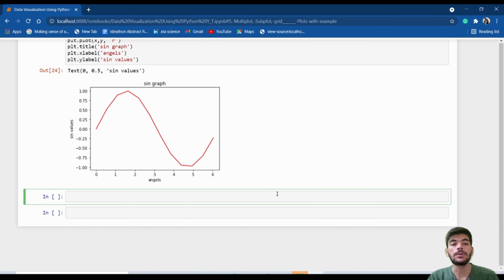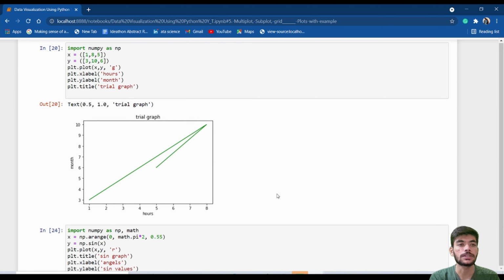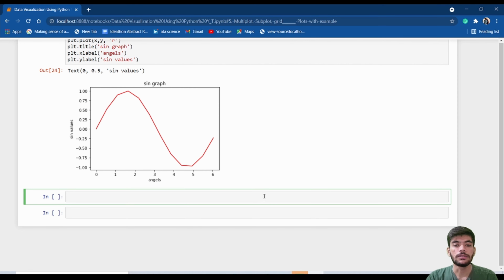Now we will try to implement one realistic graph that we are going to use here. So we will write years and GDP. We will try to plot the years and GDP graph using the matplotlib function. So let's get started. I will write years. One thing I would like to mention, as I have imported earlier the numpy, the math library, and also matplotlib, it's not needed to import the libraries again and again. Once you have imported the library, it's available for all the functions. So I will directly write the command, that is years